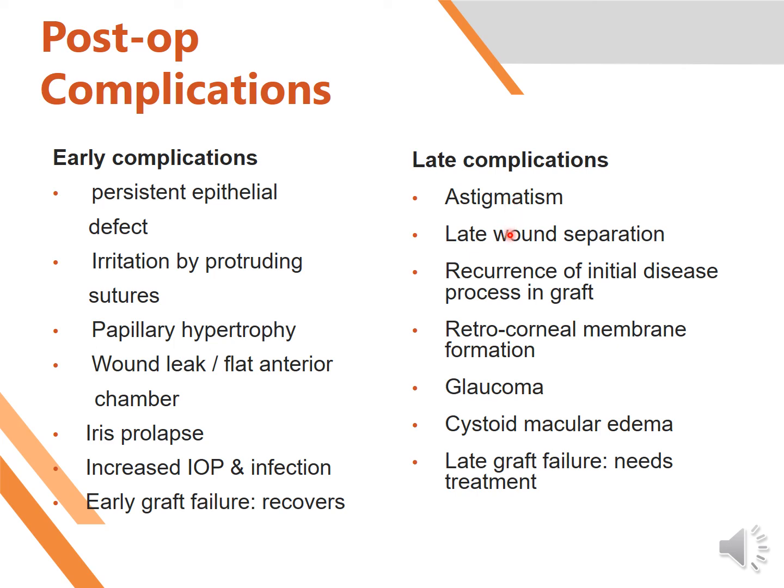There could be late wound dehiscence or separation, recurrence of the initial disease in the graft. A membrane can be formed called retrocorneal membrane, or the patient can develop glaucoma, cystoid macular edema, which can be treated, but the main complication is late corneal graft failure, which needs to be addressed and can be treated with